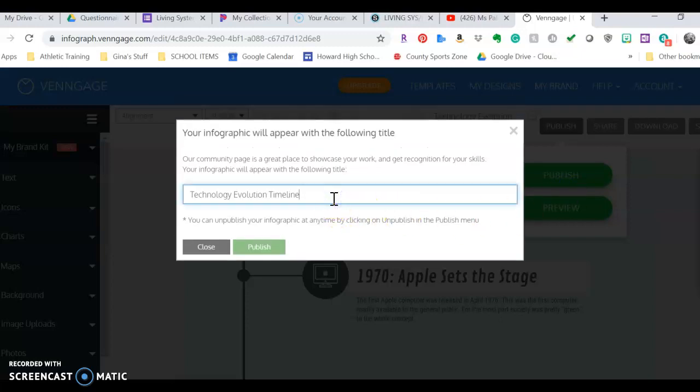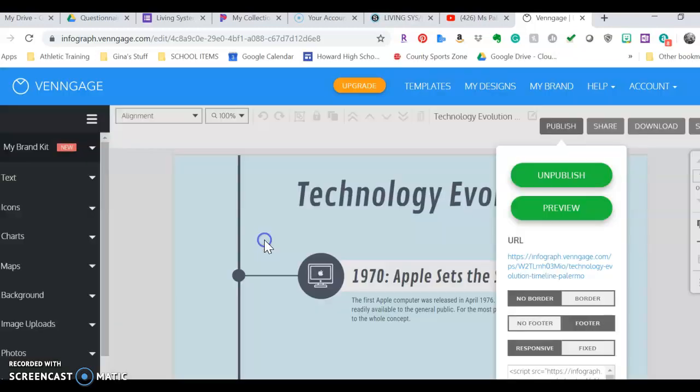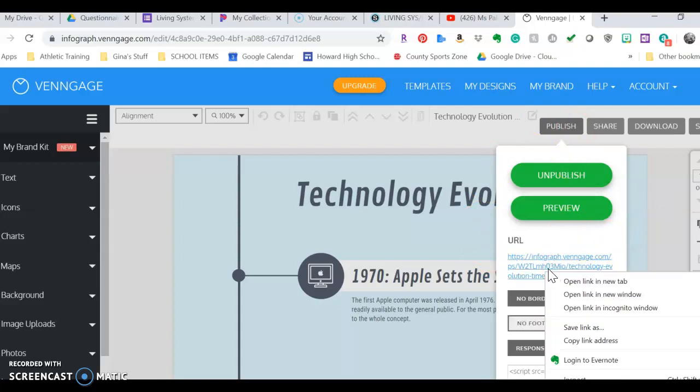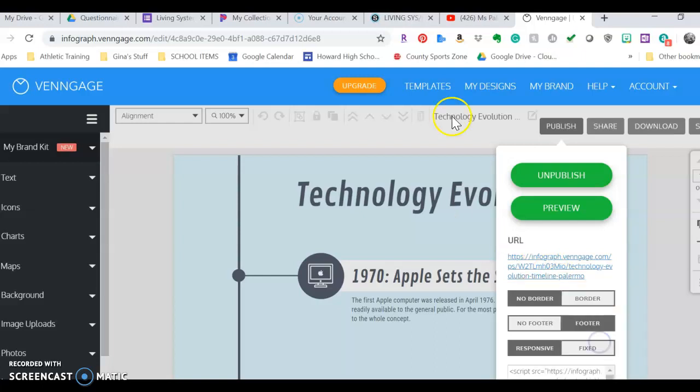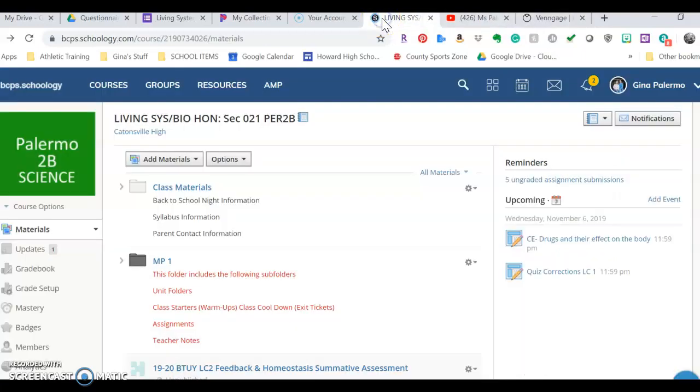You need to have your template name or whatever you're calling your culminating event. Please put your last name attached to it and then you're going to hit publish. It will come up with something that looks like this. You'll have a URL. What you're going to do is just copy that link address, go into